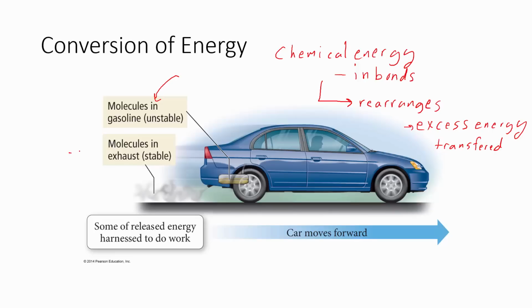But in any case, in this example, we have molecules in gasoline, which is this long connected chain of carbons. So a whole bunch of carbons, and then there's actually a whole bunch of hydrogen surrounding that as well, in this nicely ordered, long, extended chain. However, in the exhaust, we've mixed with oxygen and now we have carbon and oxygen, small molecules with a couple of bonds in them.